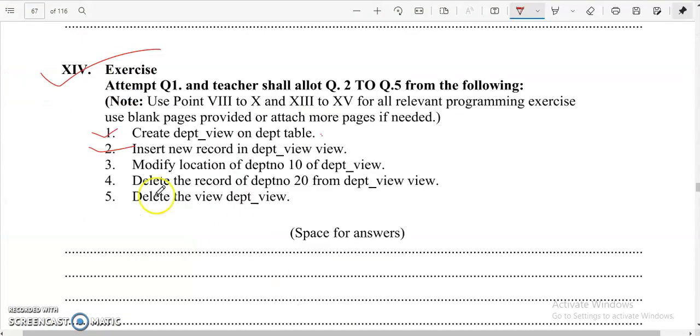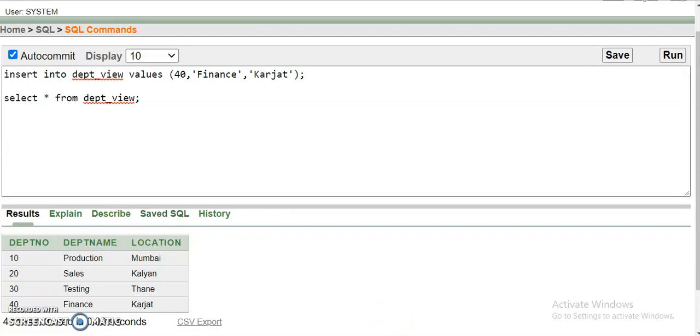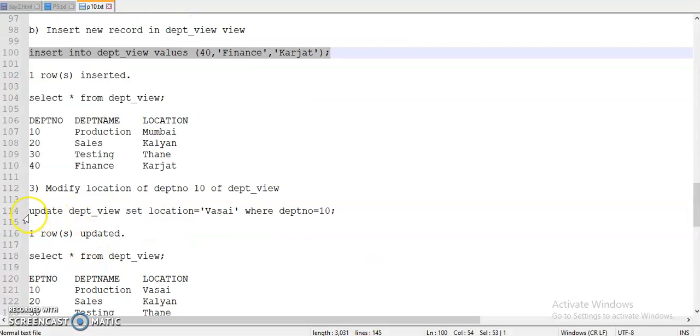Then go for next, modify location of depth number 10 of depth view. Here depth number 10 having location Mumbai. So we have to change this location by using update command, right? By using update we can modify, right?